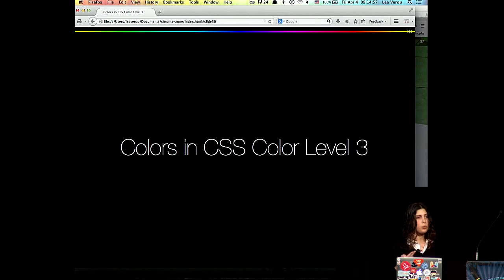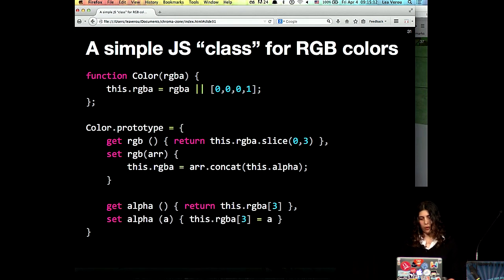CSS Color Level 3 is one of the ones that are recommendations, which is why work has already started on CSS Color Level 4, which has an amazing number of cool stuff, not all of which will happen, but even if half of them do, we'll be much better off about color. So before I move into what we got with CSS Color Level 3 and finish this historical